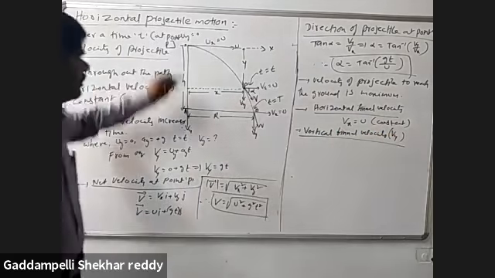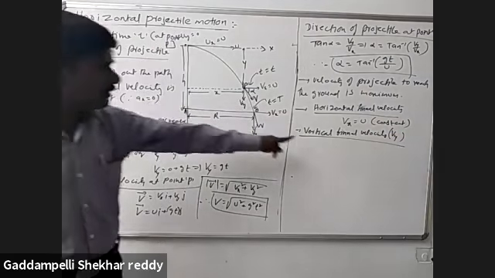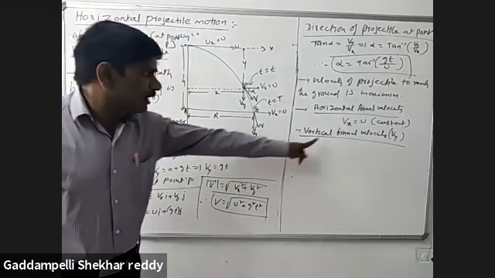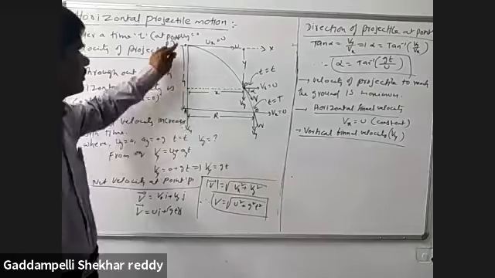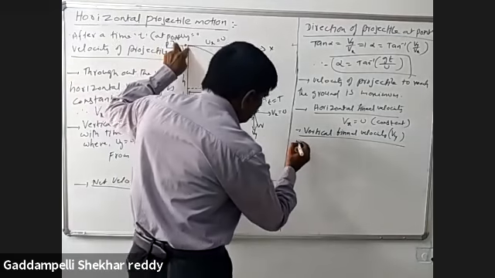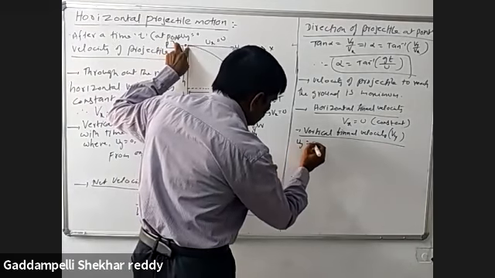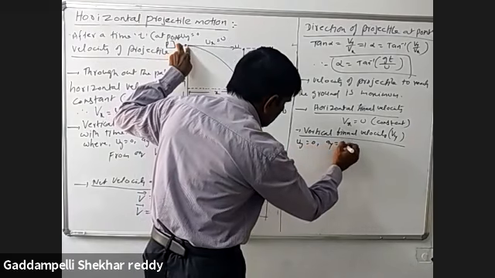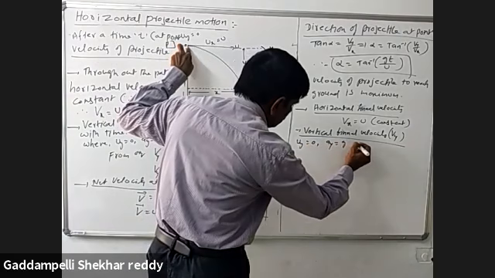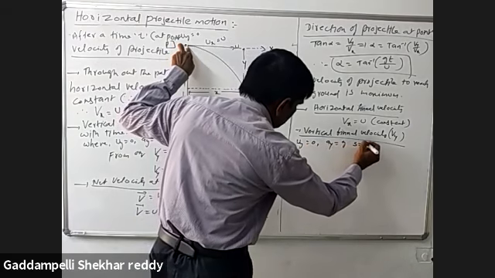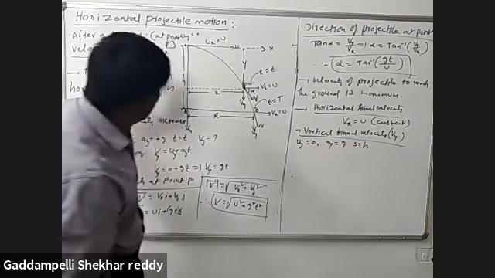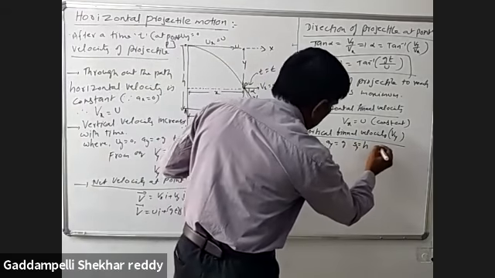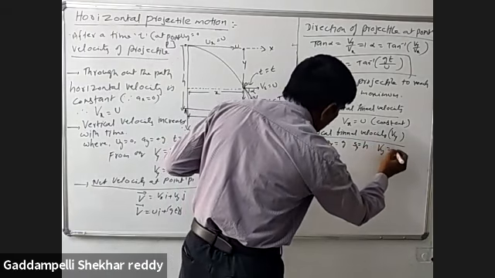So the horizontal velocity remains constant. That means there is no need for other parameters. But the vertical final velocity depends on some factors. Your starting velocity Uy is 0, the body moves in the downward direction with acceleration g, the distance traveled is h, so the vertical distance sy is equal to h. To reach the ground, the vertical final velocity.